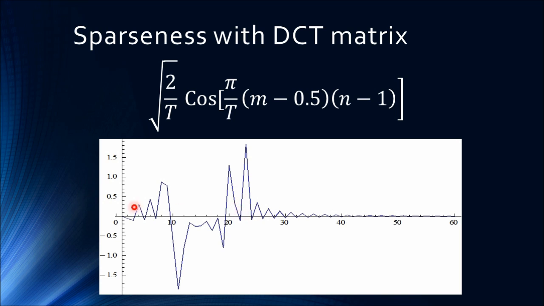So we could say this is getting close to sparse. We've got a shot at this. And we'll come back to sparseness and why that's important in a little bit. But the key is, by converting this to a DCT-based frequency domain, and again, there's nothing magic about DCT, we've achieved a pretty good measure of sparseness. So now put that on hold.